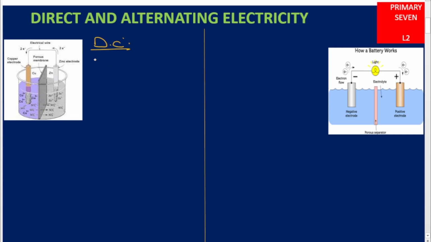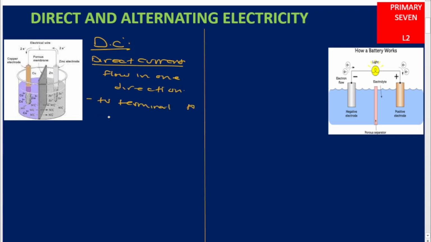Now DC, as we've said, stands for the direct current. This one is direct, and then what is its definition? So direct current electricity is the form of current electricity in which electrons or charges flow in only one direction. So direct current, the charges flow in one direction. Now what is the direction? That is from the positive terminal and then going to the negative terminal,